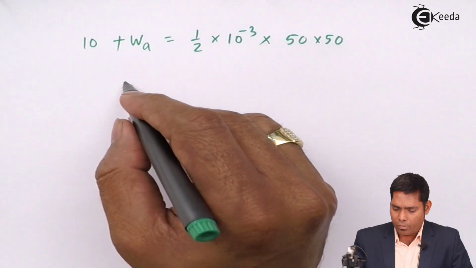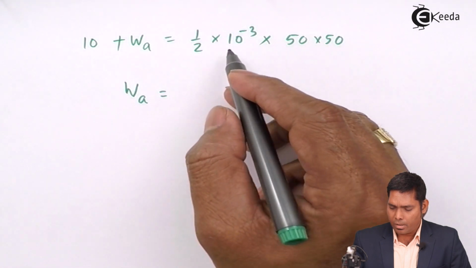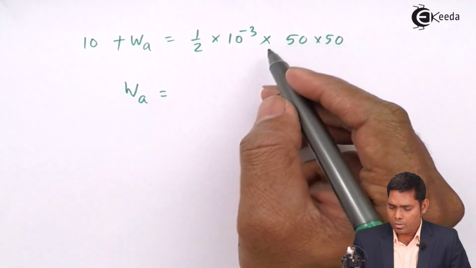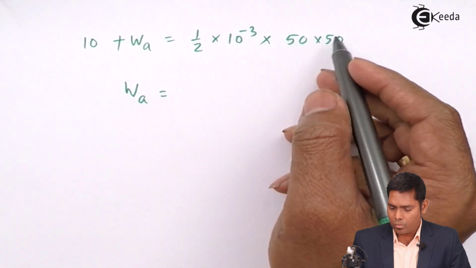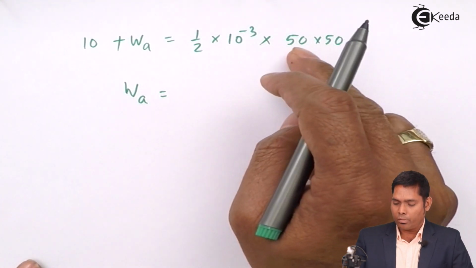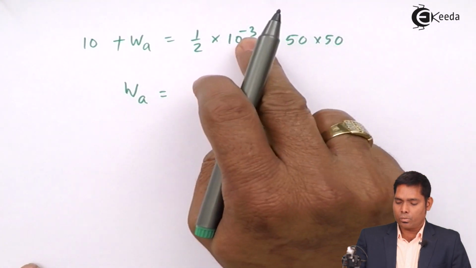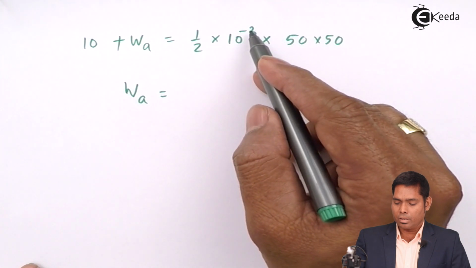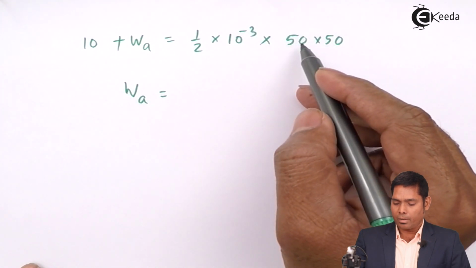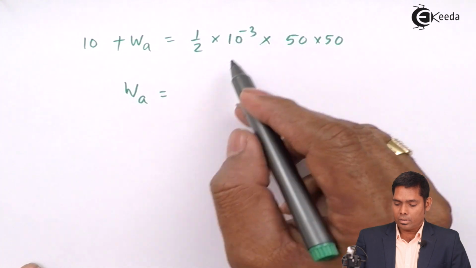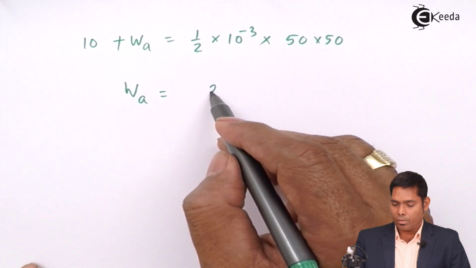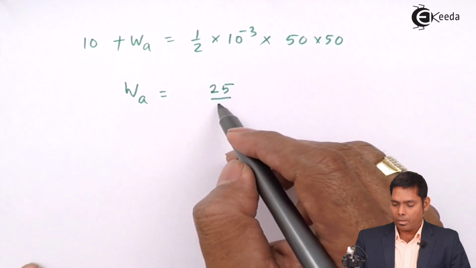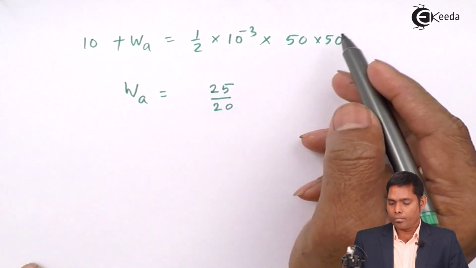So from here the work done by air resistance will be, this is 25, 20 will cancel with this minus 3, so 25 divided by 10, and this is 25 divided by 20,